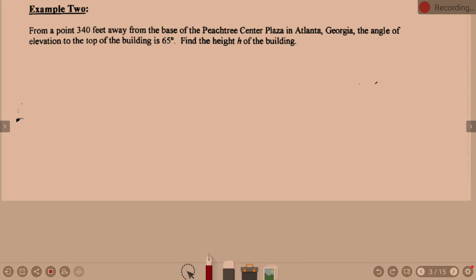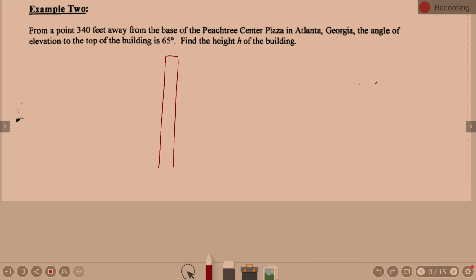Okay. So, I have a Peachtree Center Plaza. Is that actually a real place? I'm assuming so. No, why don't we just say it's a building. Okay, there's my building. Siri, what's